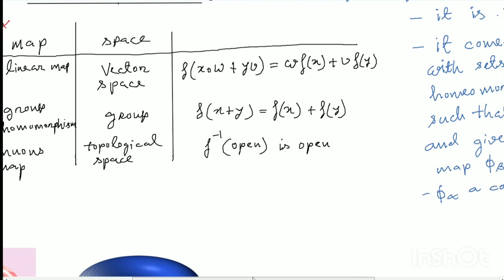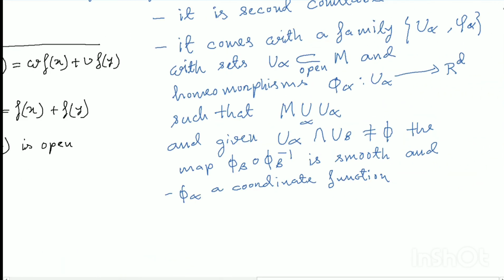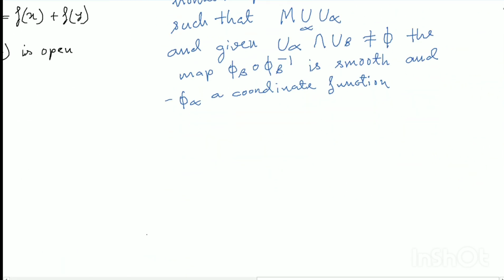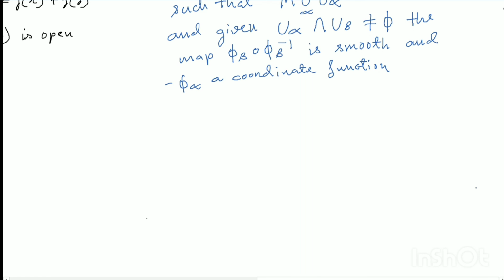The pair U alpha and psi alpha is called a chart. The whole family is the atlas, and psi alpha is the coordinate function. So a remark: